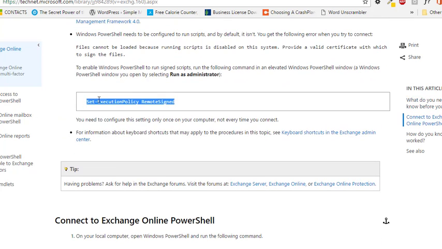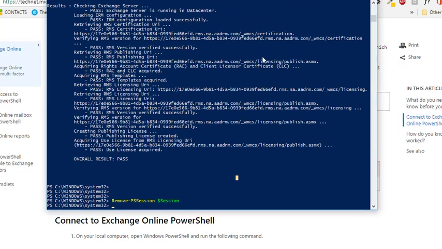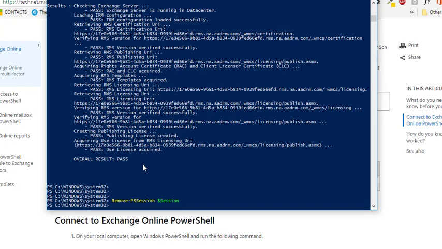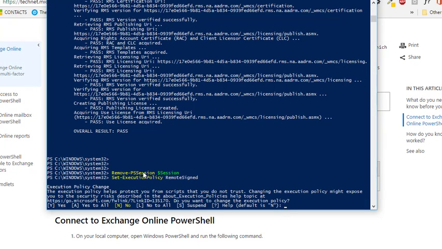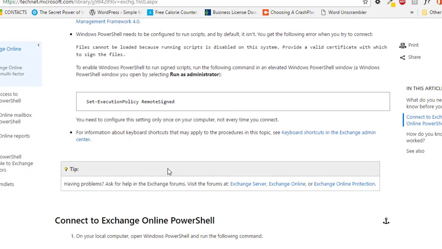So the first thing you need to do is open up PowerShell in administration mode. You do that by clicking the Start menu and right-clicking on it, or opening up Start and then searching for Windows PowerShell. Make sure you open it up and right-click as Administrator mode. Okay, once you do that, you can run this command. Say yes. And all that did is basically allow you to run remote signed